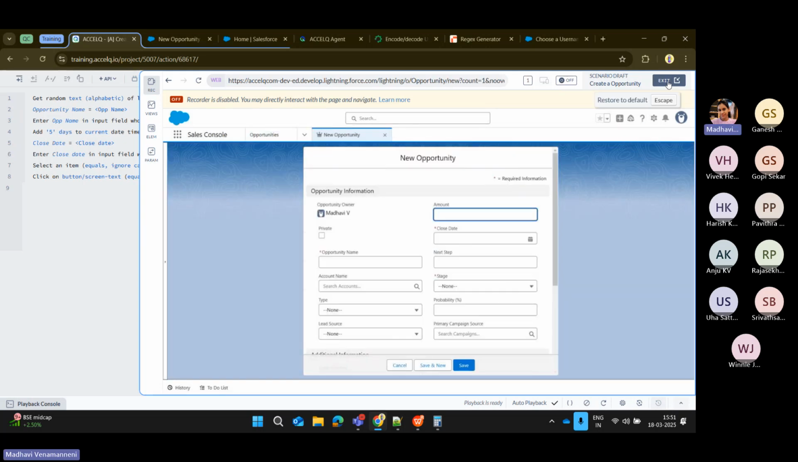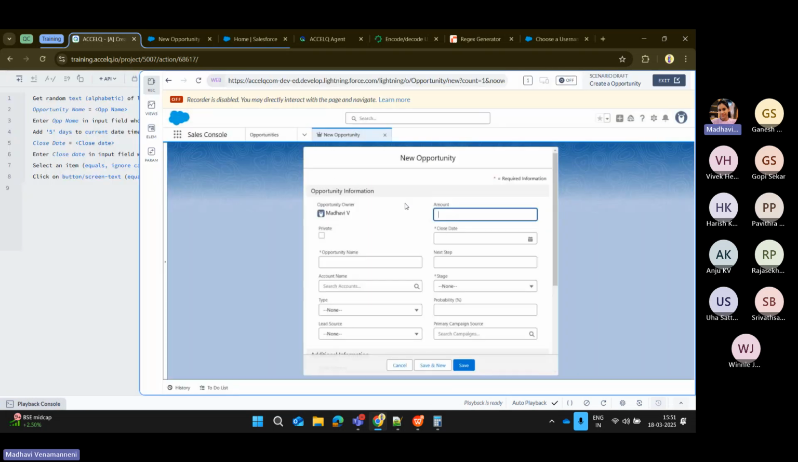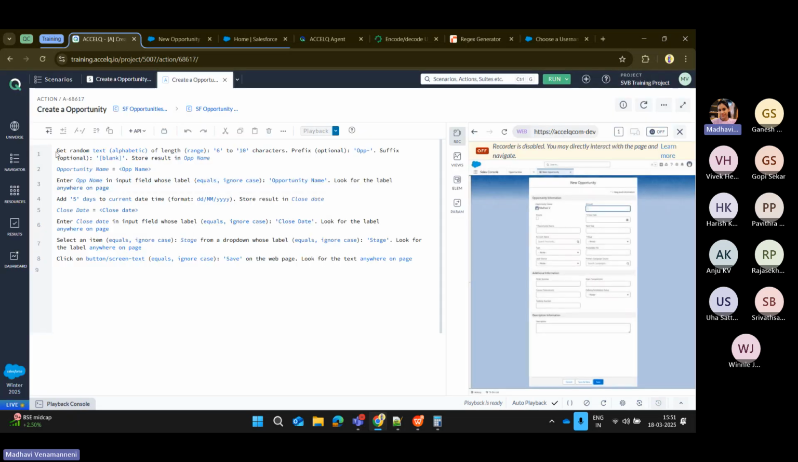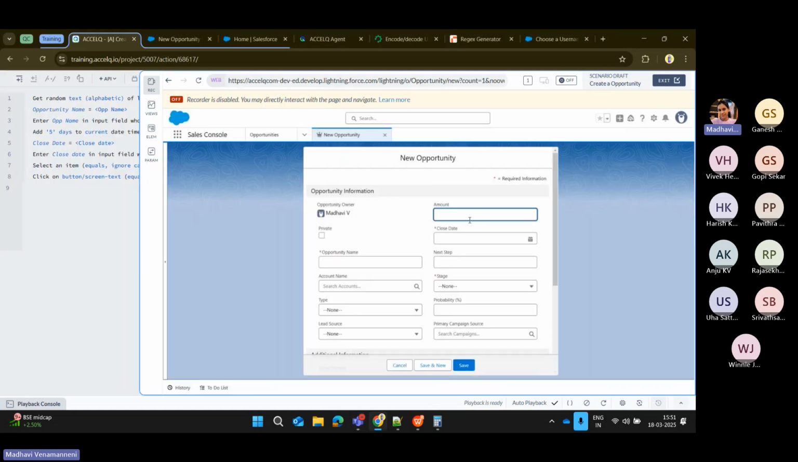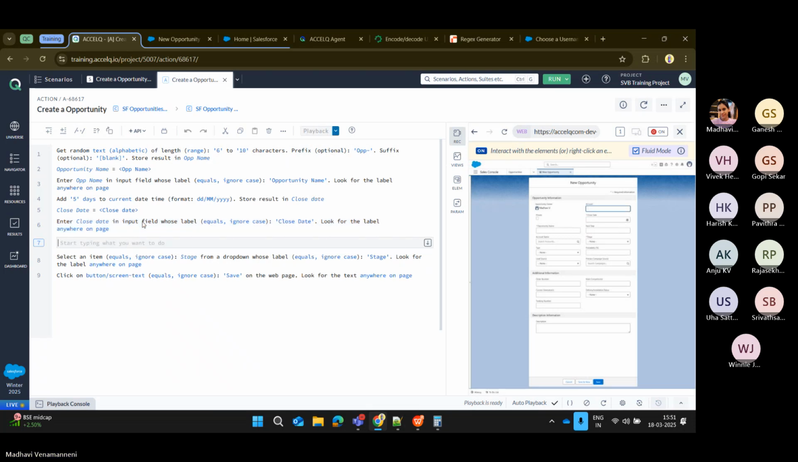But before that, let me add another one where I want to add the amount. So I think, no, let it be. Okay. So here what I want to do is, if the stage is none, then the probability should be empty. So what I'm going to do is, before we give the stage, I am going to say